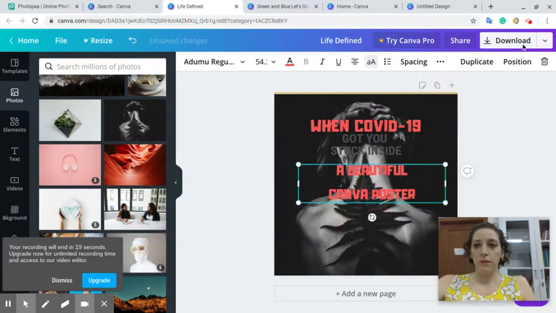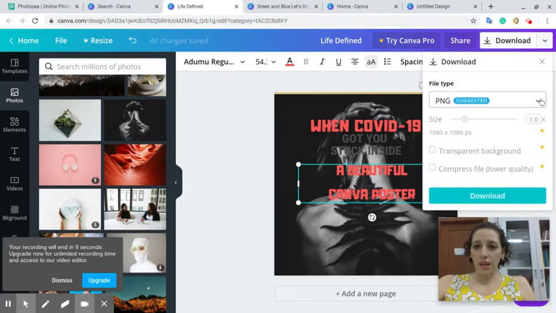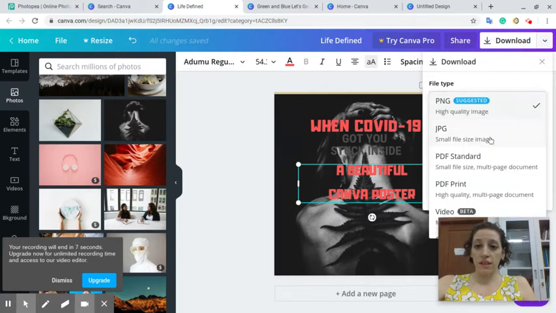When you're finished with that, you can download your image. You can either share the link, put it right on your Facebook page, or you can download it as a PNG, which is best, or a JPEG. This is a smaller size file. If you want to put it on your Facebook, I suggest going ahead and doing